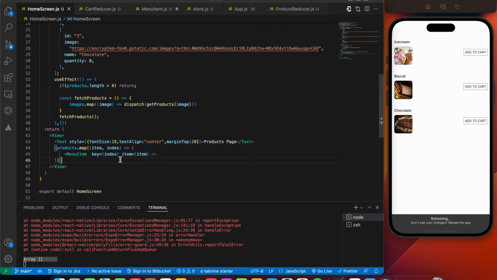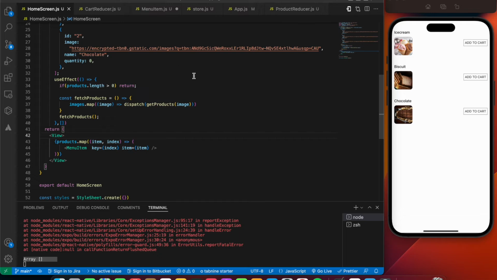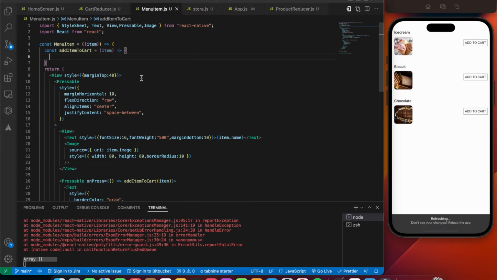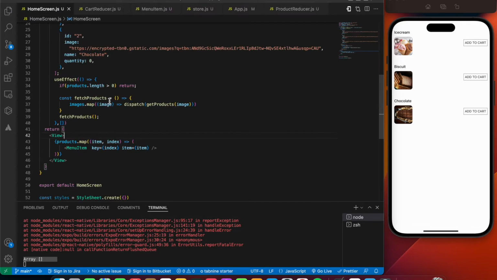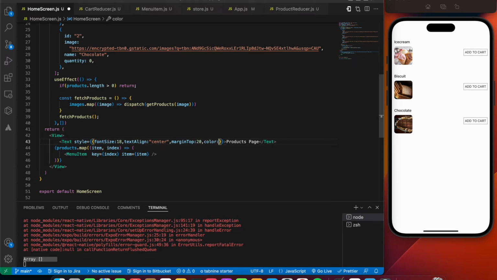Okay, why am I not able to see that? Let's save the file over here. Let's give it some color of red.